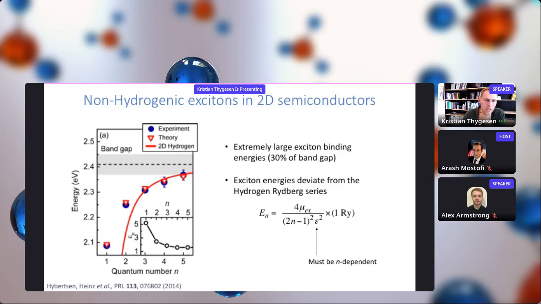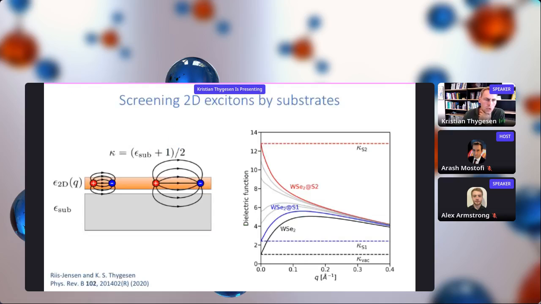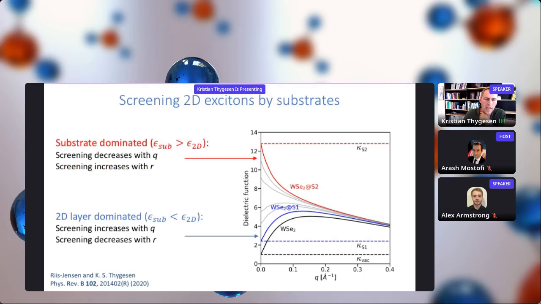And what we've shown recently is that by changing the substrate, placing the 2D semiconductor on a substrate, it's actually possible to completely invert that screening, such that it goes from increasing with q to decreasing with q, right? And that's because if you place this 2D material on a high-kappa dielectric that has a dielectric constant larger than the intrinsic dielectric constant of the 2D material, then for small q vectors, screening will be completely dominated by the substrate. And then you invert the screening behavior, and that leads also to an inversion